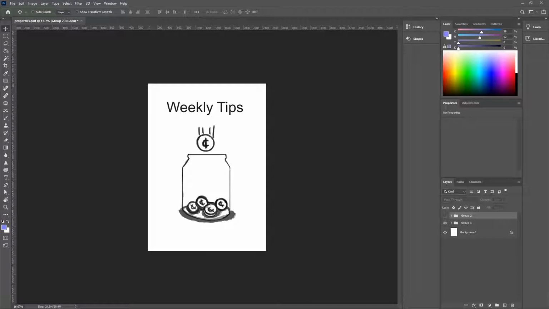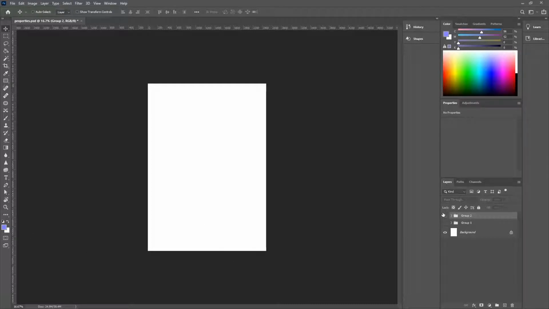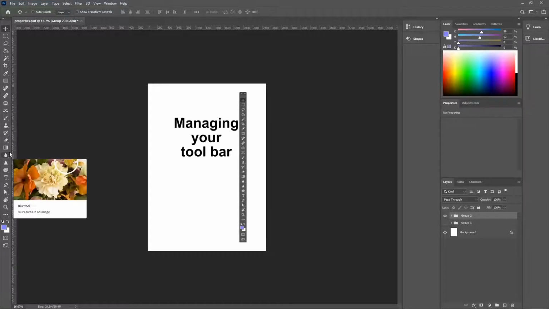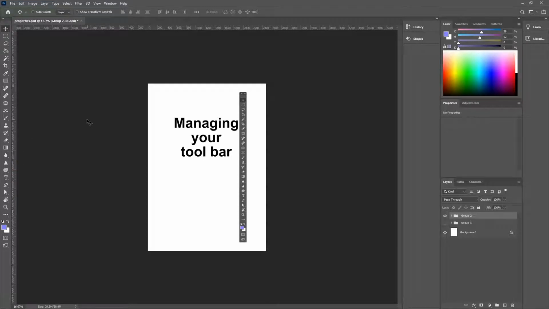Today you're joined by me, Daniel, and we're going to be talking to you about managing your toolbar. So, toolbar is something on the side here. If you haven't learnt by now, it's where all your tools are here in Photoshop that you can